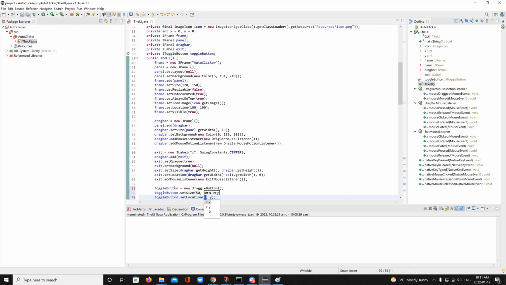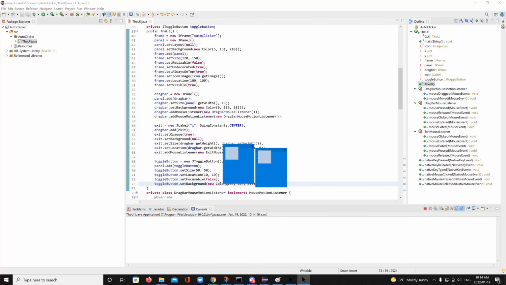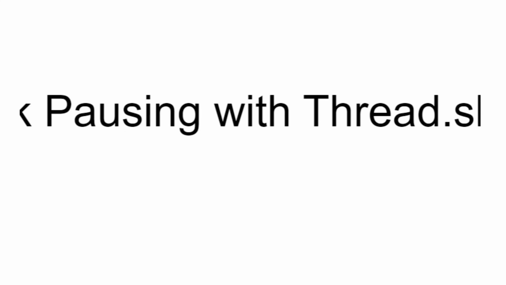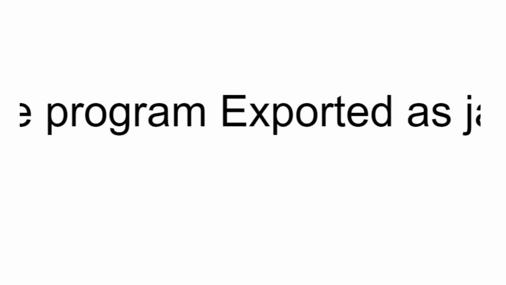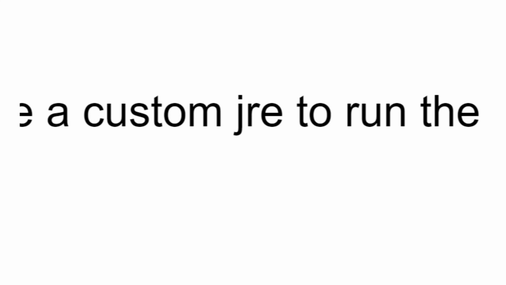Actually, how about this? I'm gonna list all the issues out. Everything was blurry after exporting, JNativeHook goes crazy at times, Robot class wouldn't stop clicking, kill key wouldn't work, pausing with Thread.sleep stops the whole program, exporting as jar, and I couldn't find out how to turn a jar into an exe, no clue how to make an installer, the installer just wouldn't bundle the files properly, couldn't get the exe to use the custom JRE, had to find out how to make a custom JRE to run the damn